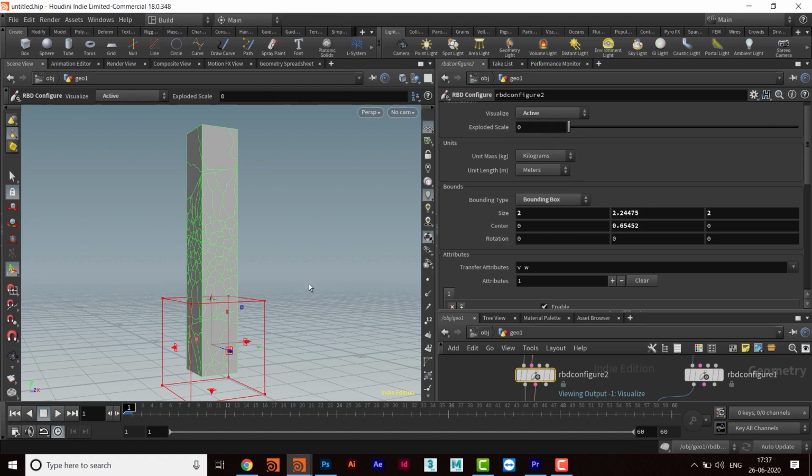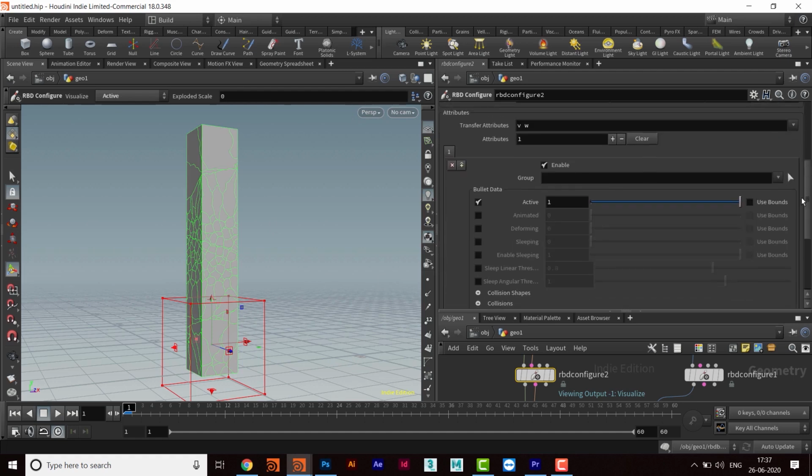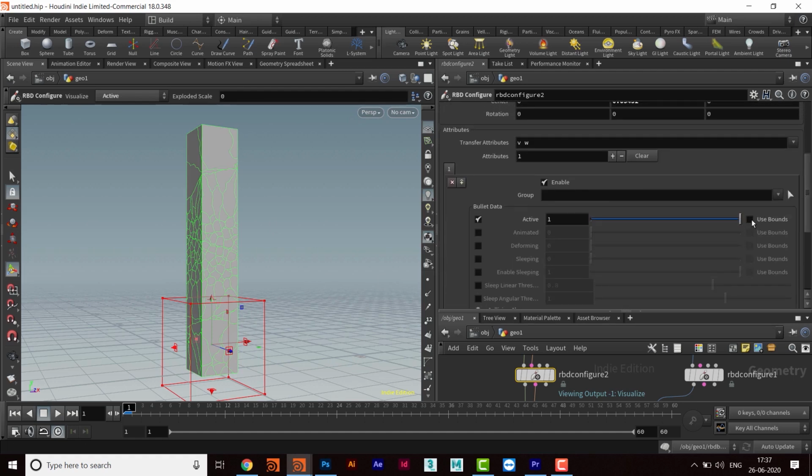Right now the entire column is active until I use this Use Bounds checkbox. As soon as you click it, this part becomes active and this part becomes passive. So we will take it to 0. This is a switch actually, so it works with 0 and 1. When we have kept this part passive, this will become active, and that is what I want.